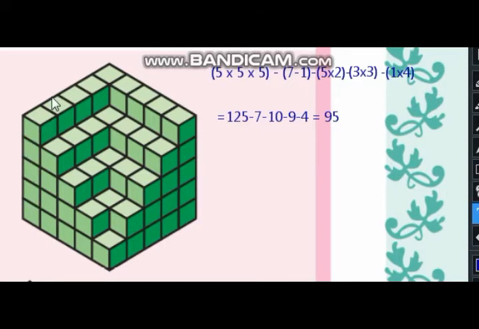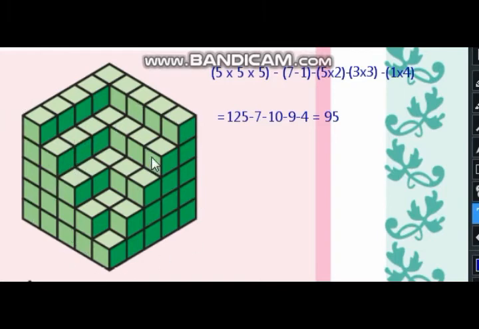So 5 2s are 10, 5 3s are 15, 5 4s are 20 and 5 5s are 25. So in this part there are 25. Like that 25 one time, then 25 2, 3, 4 and 5 times. So 25 5s are 125. So total we need 125 cubes for this model.